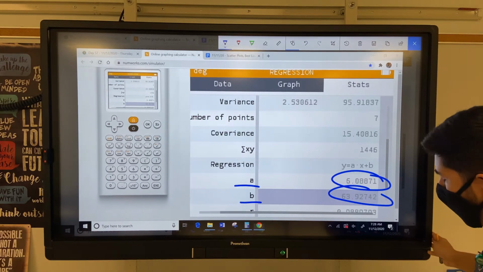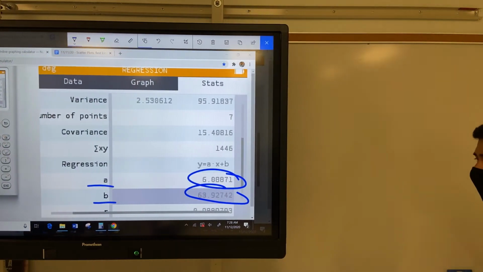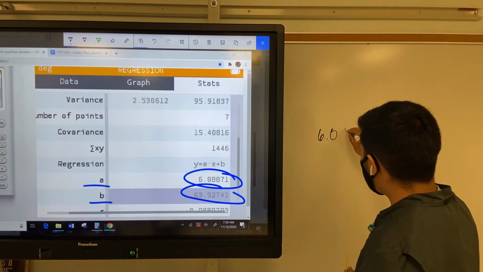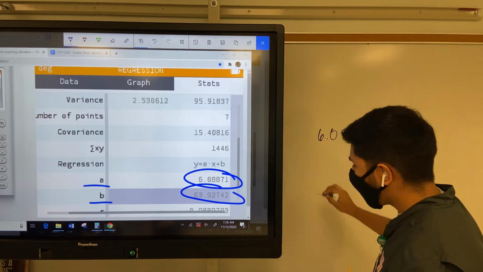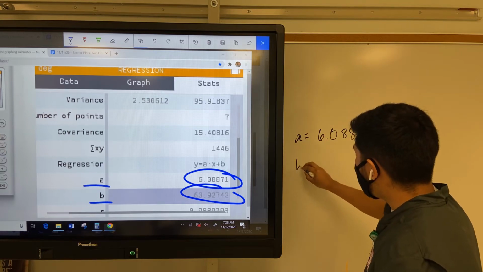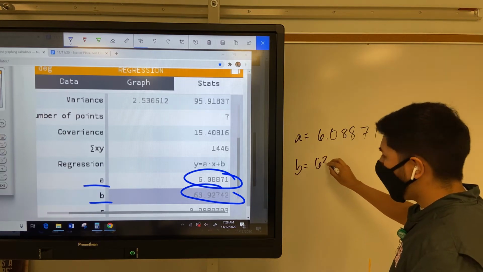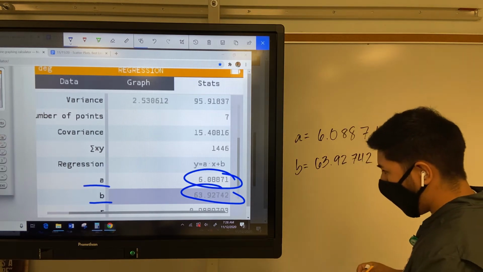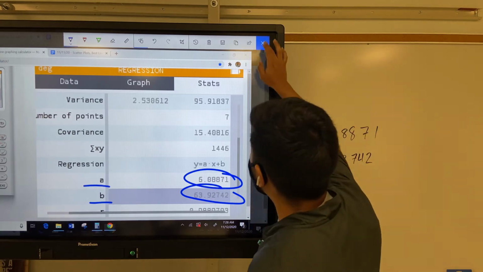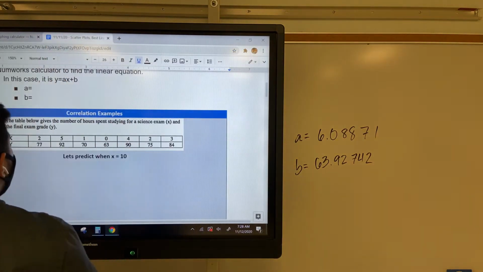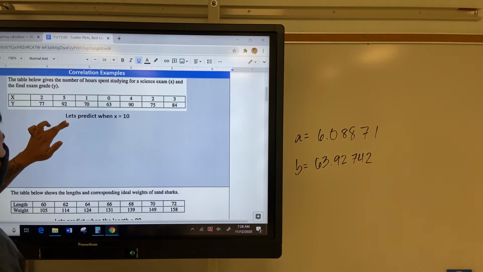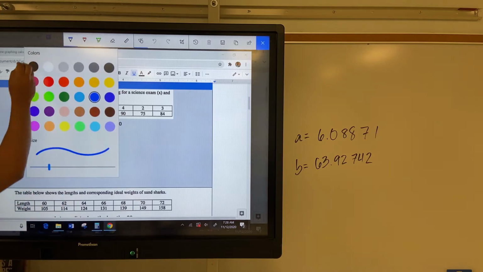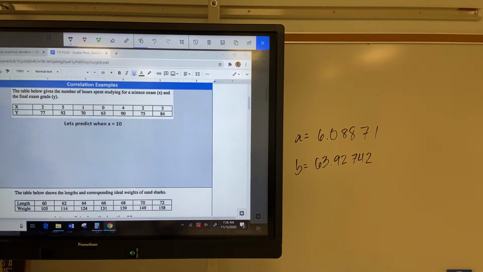6.08871. Let me write this on the board on the side so I don't forget. 6.08871. And then, okay, this is A, this is B, 63.92742. All right, that's the first one. Let me go back to the notes. So as you can see, let's make sure we write down the A and the B, and you'll check out what I mean. All right, so A equals